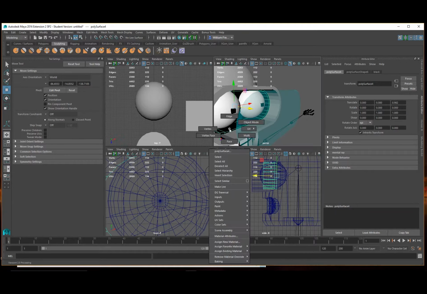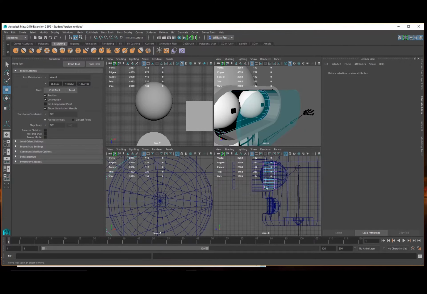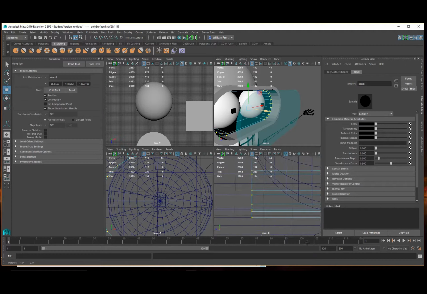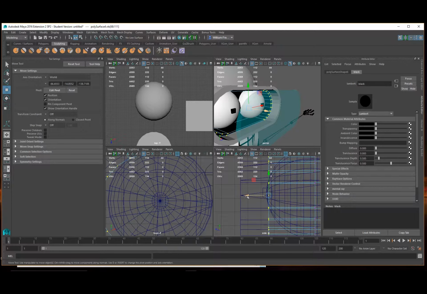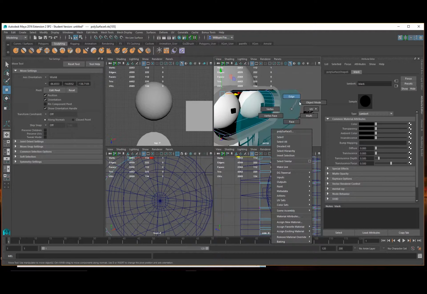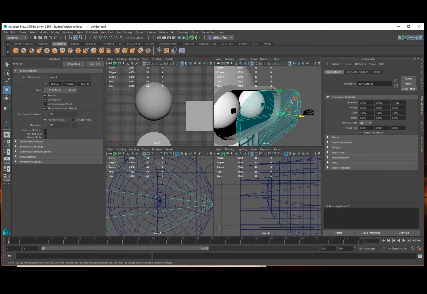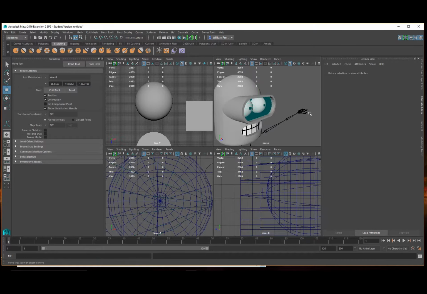Trick. Select by vertex and drag across these front vertices and pull them out so that they're in line with the front of the eyes. Just a little bit in front. Then select by object, select this front glass and pull that into position right in front of those. Okay,